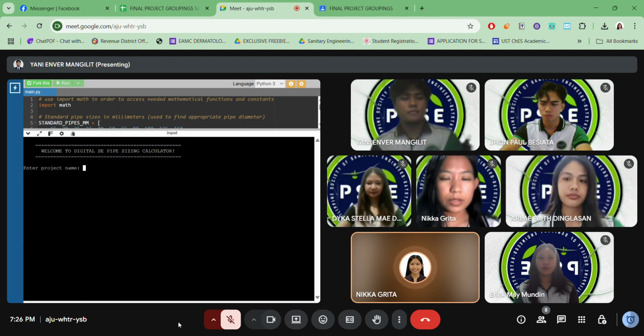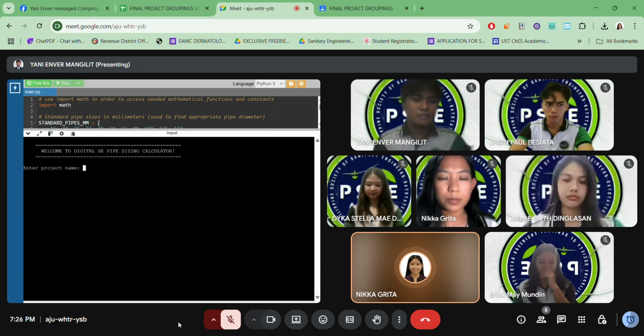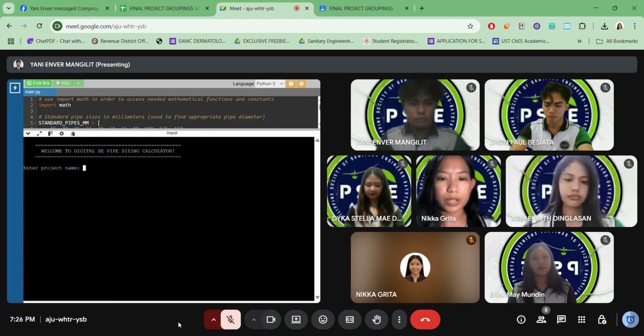So let's talk about the program interface and how LUTs work. The program is user-friendly and works like a menu. You can choose options and enter the data easily. You can create blocks, which are groups of LUTs. For every two LUTs, the program adds a catch basin which collects the wastewater. Then it calculates the total flow from those LUTs to figure out the needed pipe size. You can also change names, update LUT details, and even adjust key values like the pipe slope or roughness, so you can test different conditions just like in a real-life project.